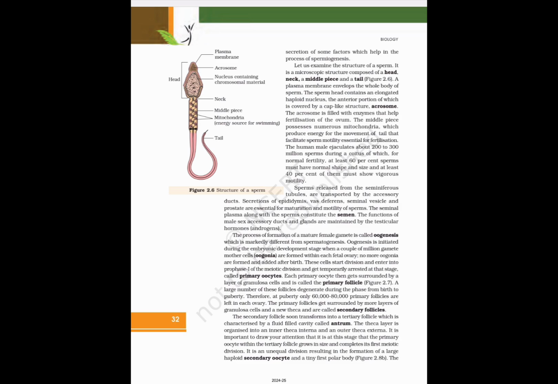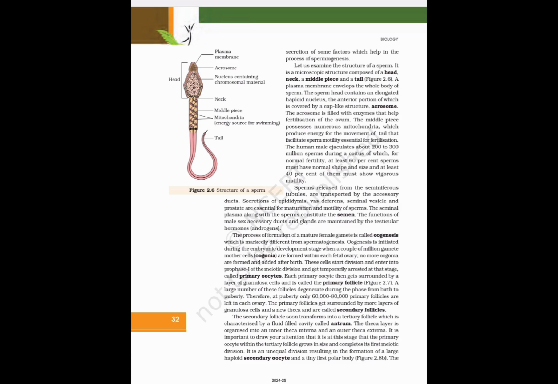The process of formation of a mature female gamete is called oogenesis, which is markedly different from spermatogenesis. Oogenesis is initiated during the embryonic development stage when a couple of million gamete mother cells, oogonia, are formed within each fetal ovary. No more oogonia are formed and added after birth. These cells start division and enter into prophase 1 of the meiotic division and get temporarily arrested at the stage called primary oocytes. Each primary oocyte then gets surrounded by a layer of granulosa cells and is called the primary